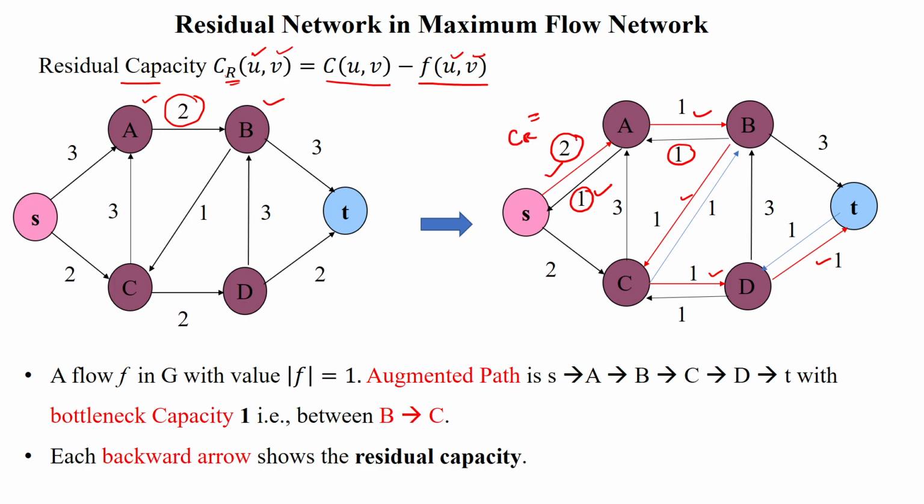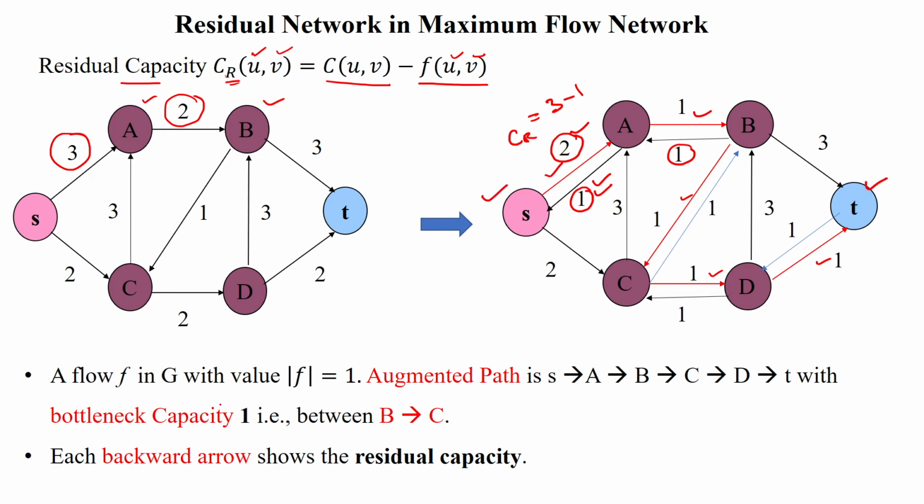Here the given capacity 3 minus the current flow 1, so the remaining is 2 units. So the residual capacity will be calculated for each and every edge after computation of the flow between source and